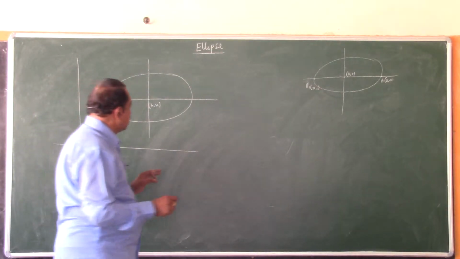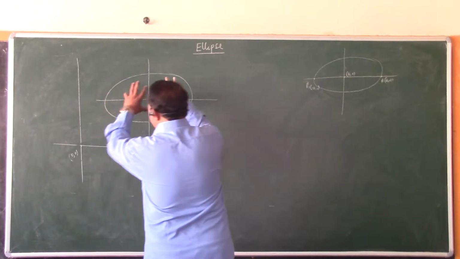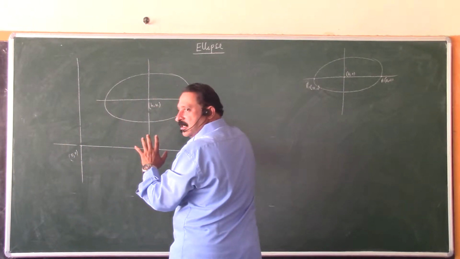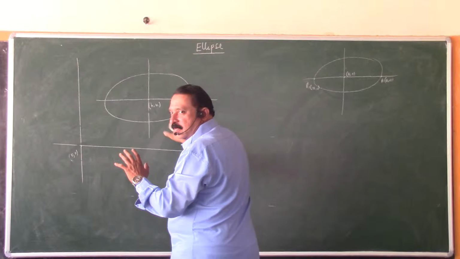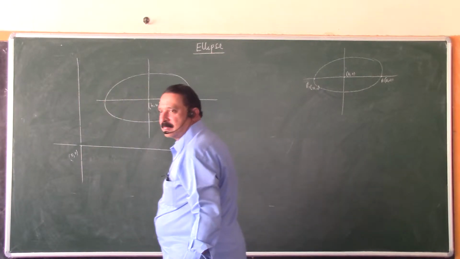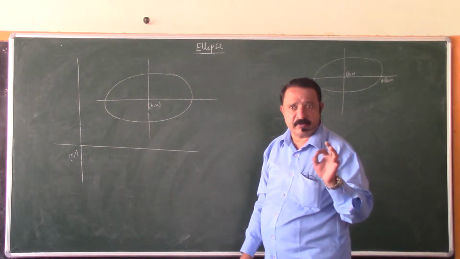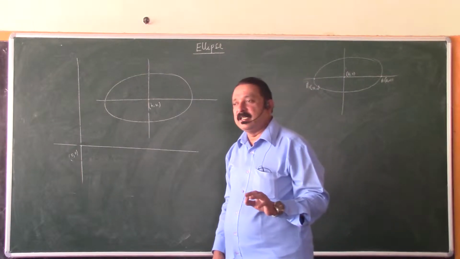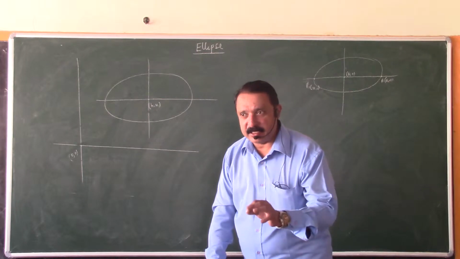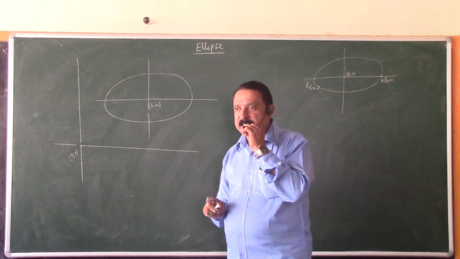It is as good as taking an ellipse having the center at the origin and fixing it here. If you take the ellipse and fix it here, this length will not change, this length will not change, and the length of latus rectum will not change. What will change? Only these coordinates will change. Only those details pertaining to the coordinates of the points will change, accordingly as we increase x details by h and y details by k. Length details will not change.